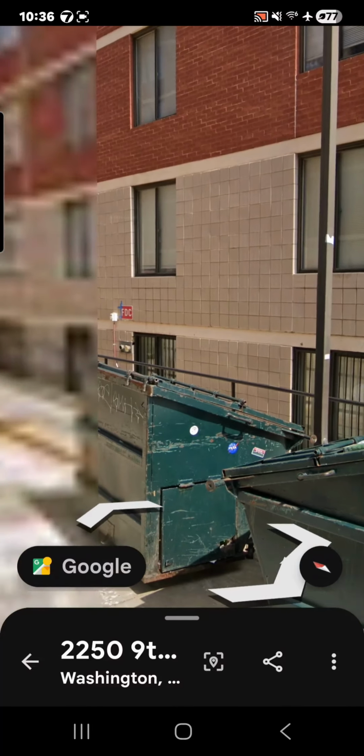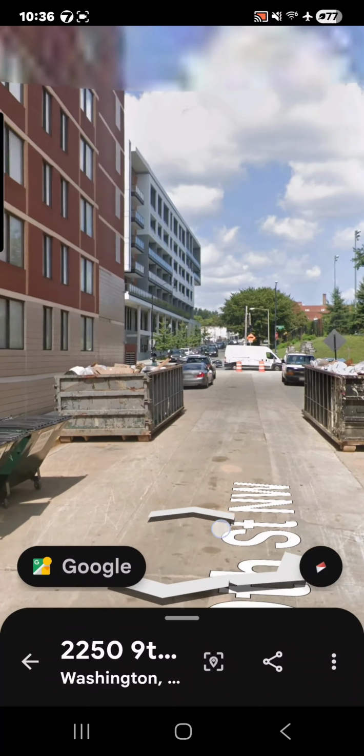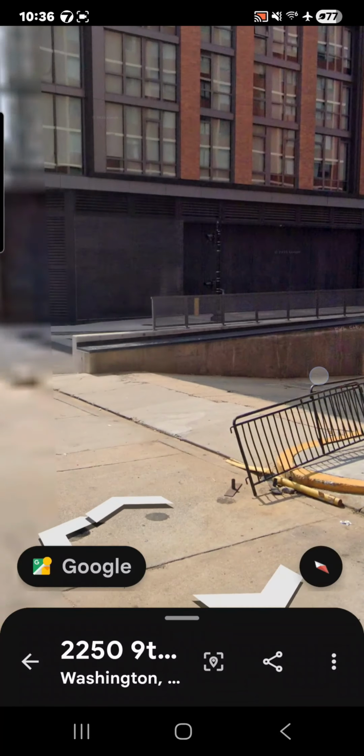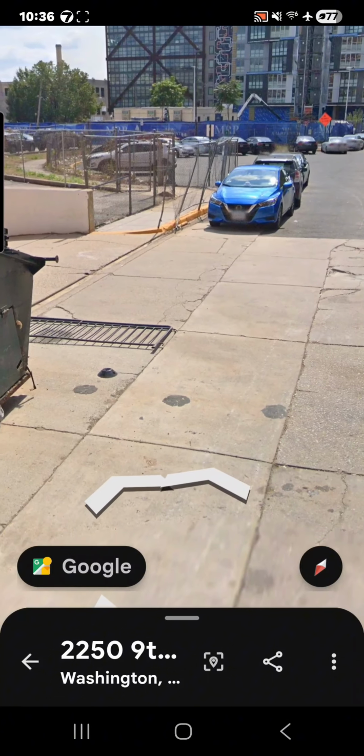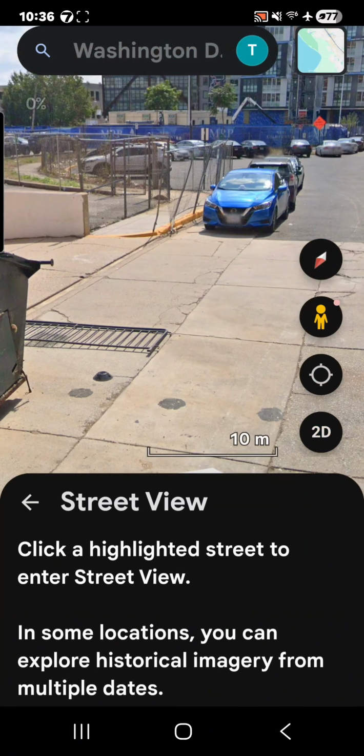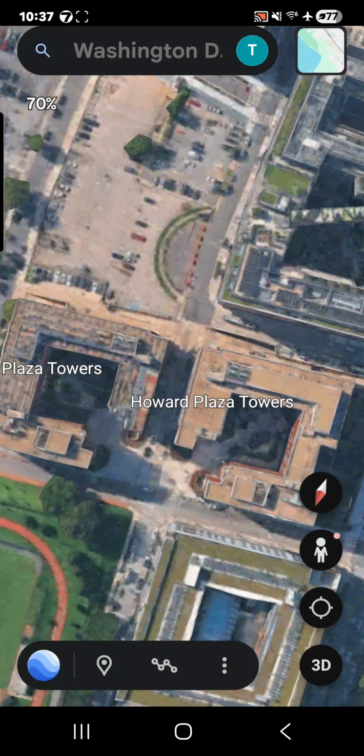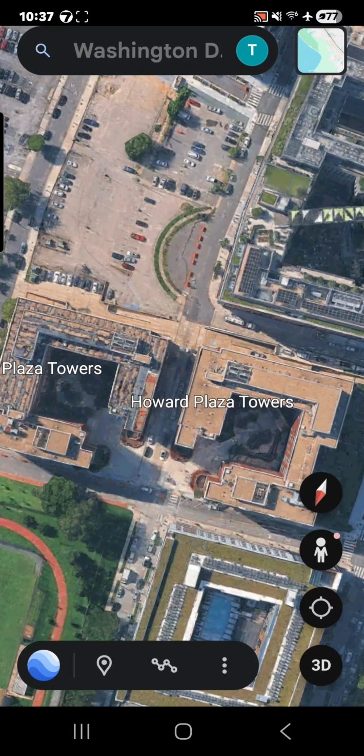And now all of a sudden, looks like I'm in a back alley somewhere. Looks like somewhere Superman might go change clothes or something. But anyway, that's Washington, D.C. That's Google Earth. Use that. Go around and visit some